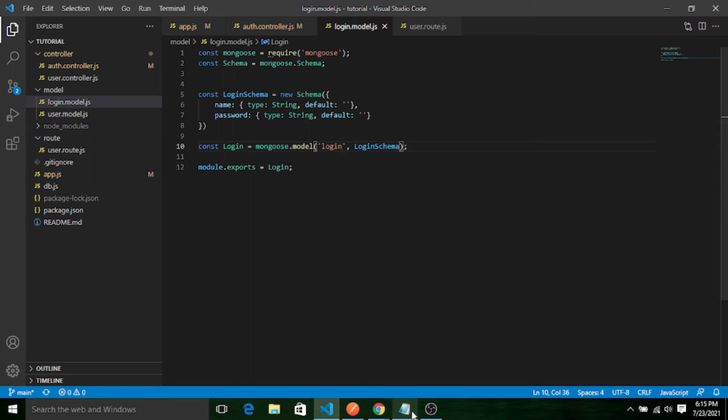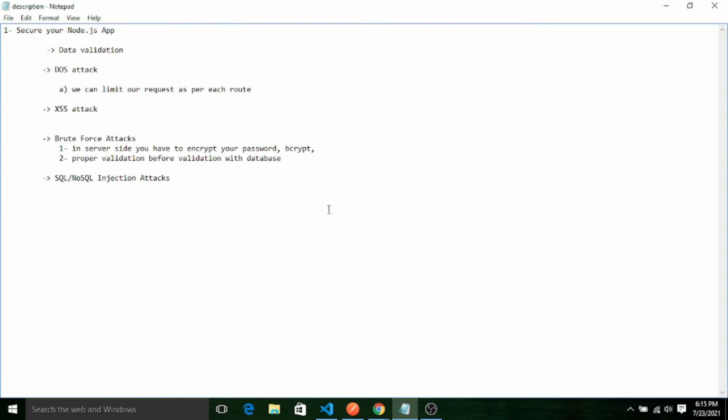The third way is two-step verification, like Google is doing. If you check any banking application, they are doing the same.